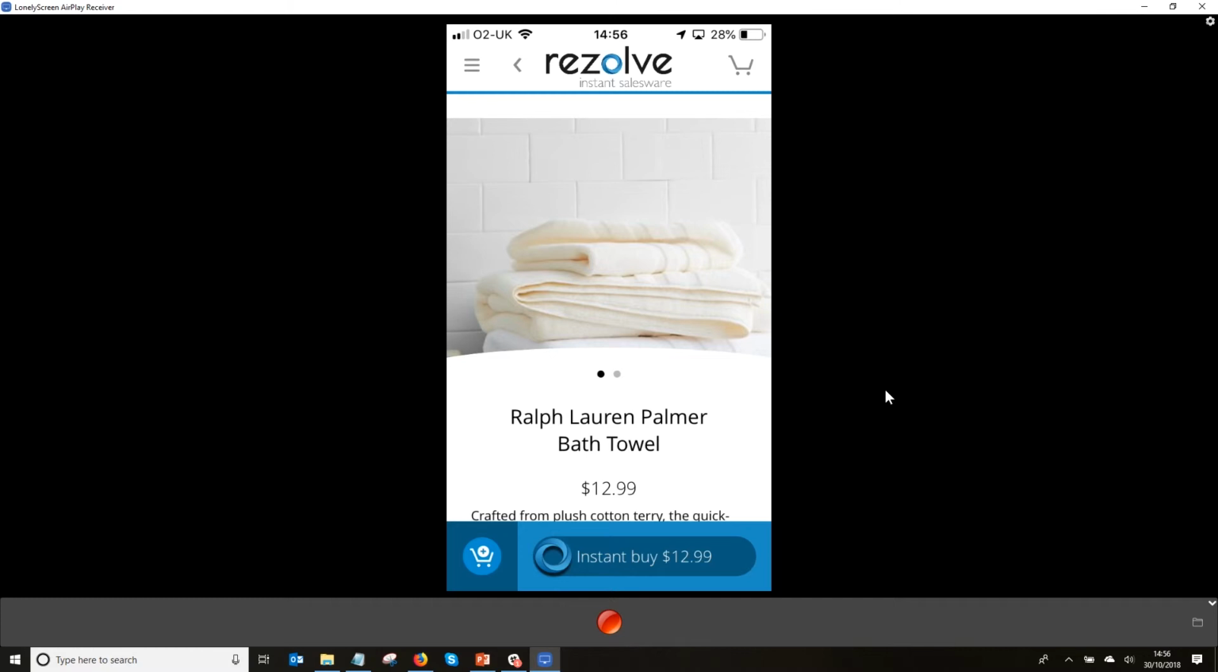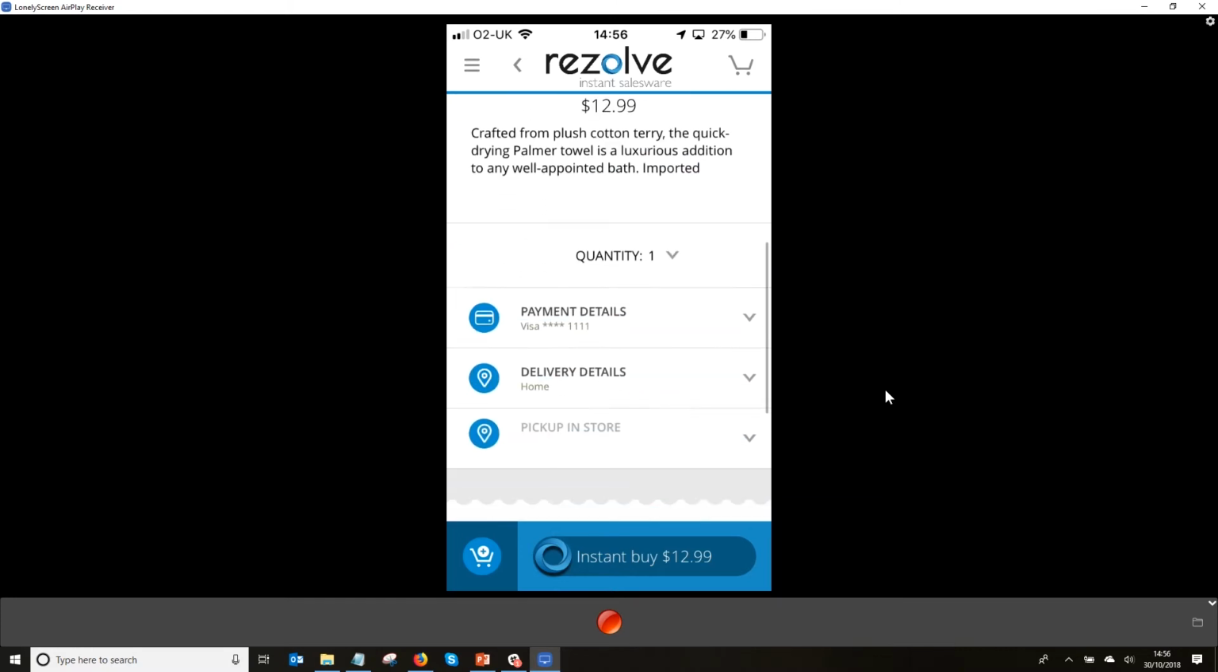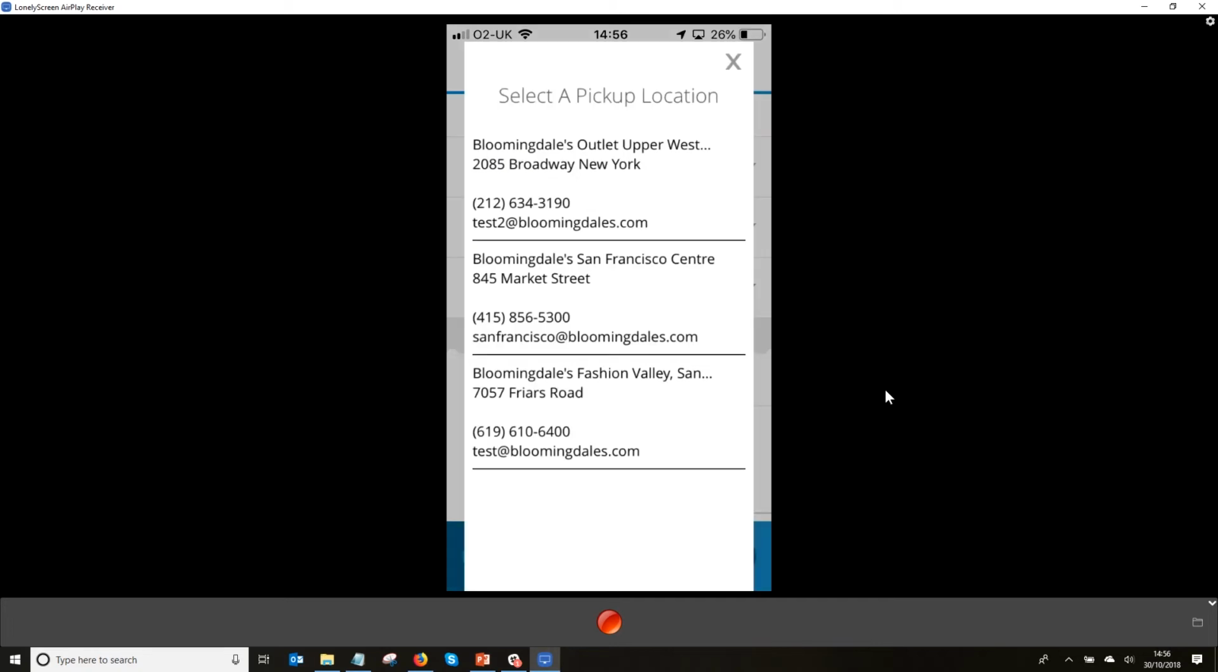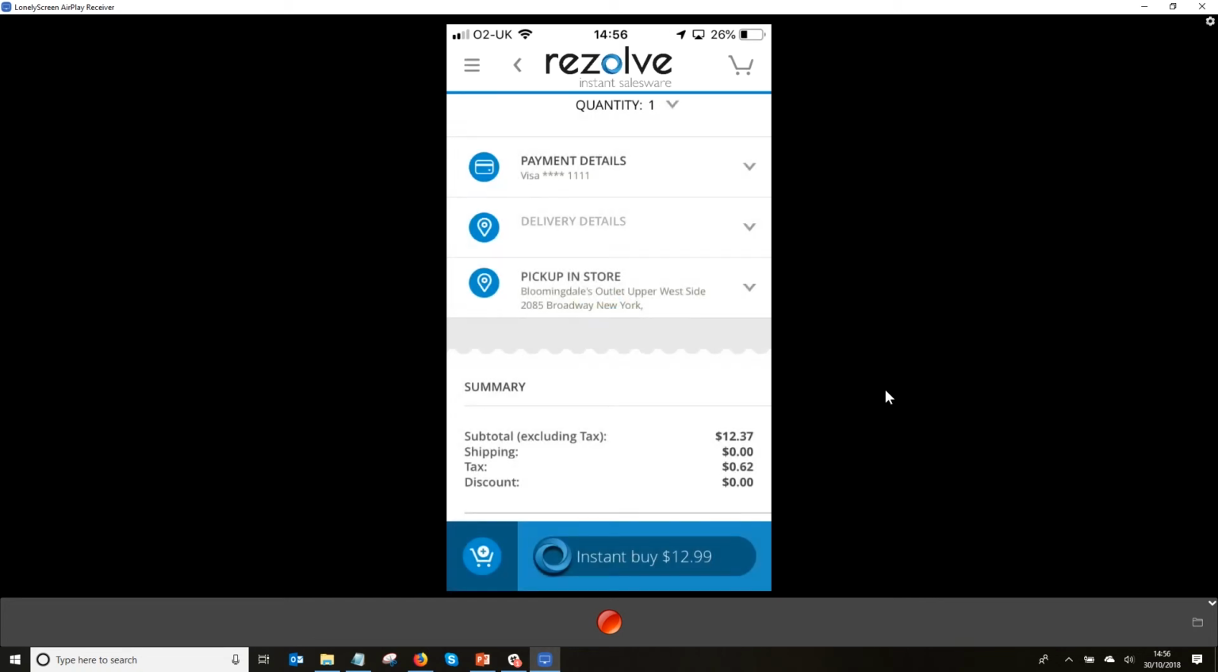So here's a product in the reference app, and let's go down to the delivery options. So this first option which says delivery details, that's if I want it delivered, and it'll just charge the standard delivery charge. But I don't want it delivered. I would like to collect my item from a Bloomingdale's store, and so I'm going to click Pick Up in Store, and then I get given a list of locations to choose from, and I'm going to pick the one that's closest to me, which is first in the list. And then that's been selected, looking good. So all I need to do now is instant buy that,